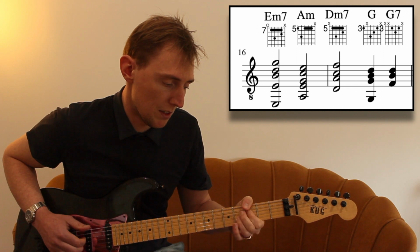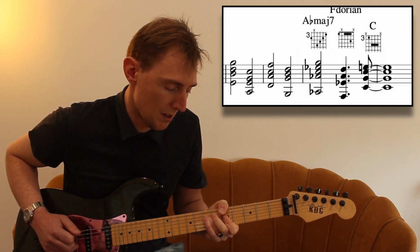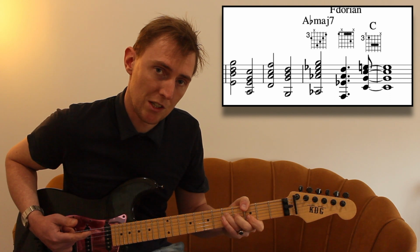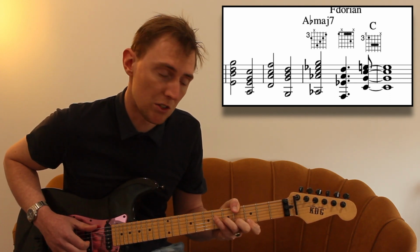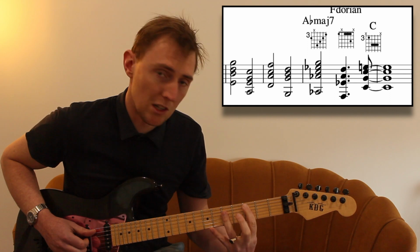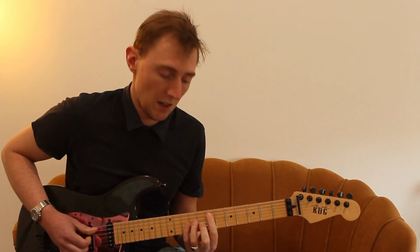G, G7, last time. And then on this time, we hold the G, we don't change to a G7. Then it jumps up to that A flat major 7 from the intro, to the F minor 7 / F Dorian, finishing on the C. That would sound like...